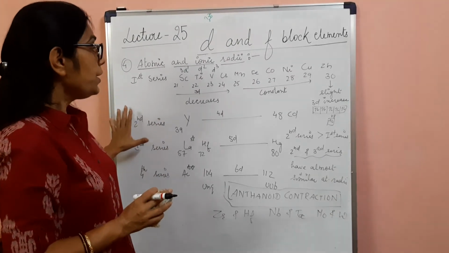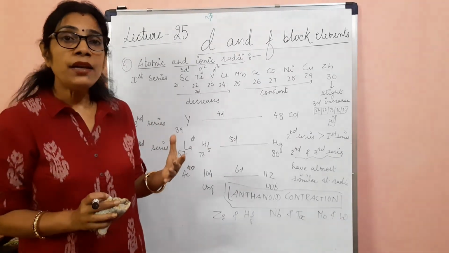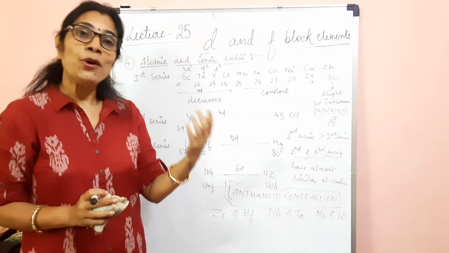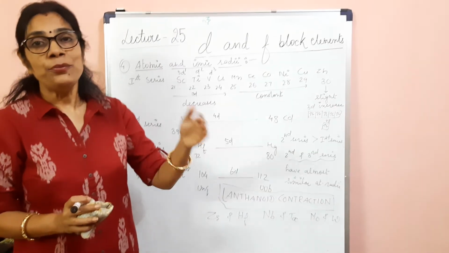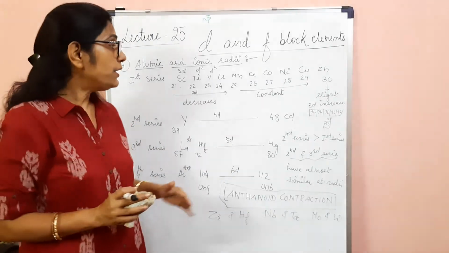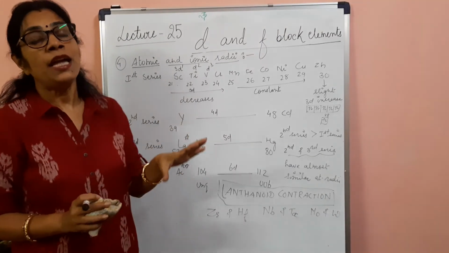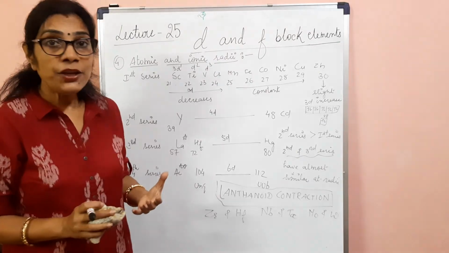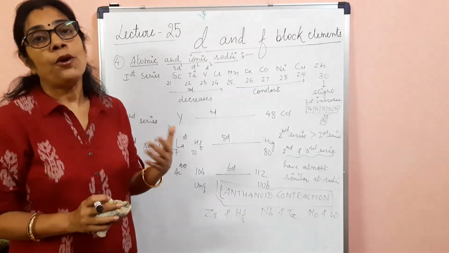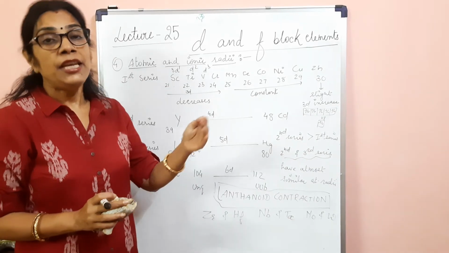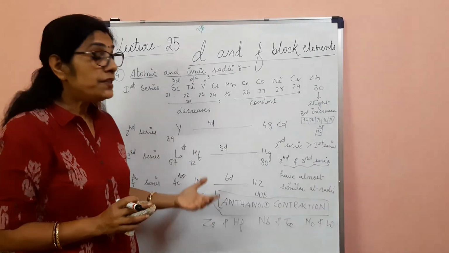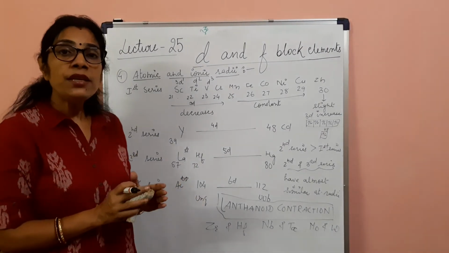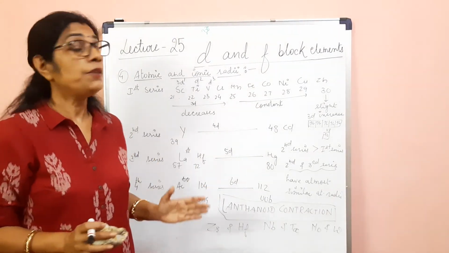Okay, my dear students, so today only the introductory part, that how they have been classified into 4 transition series, what about their metallic character, volume, density, melting and boiling point, and main focus upon their atomic and ionic radii. In our next lecture, in our next video, we are going to continue with their oxidation states, color, electrode potential, their oxidizing and reducing behavior, ability to form alloys, and so on. Many other properties are included over here.